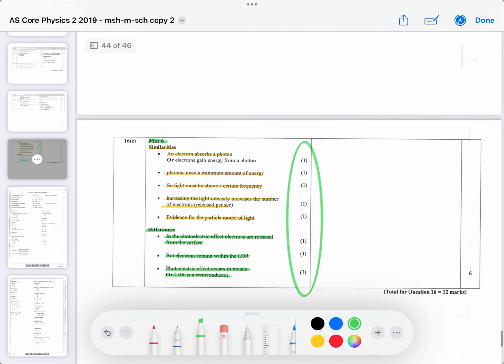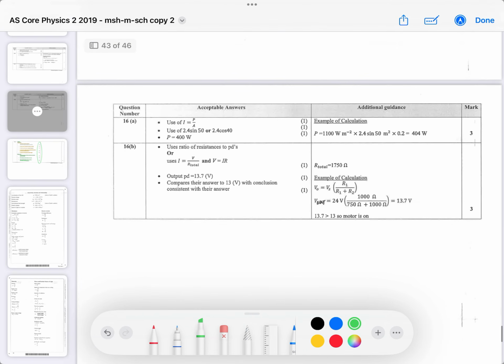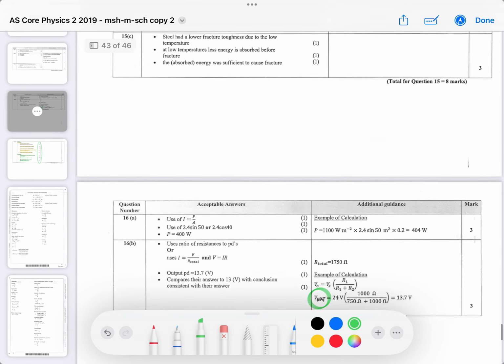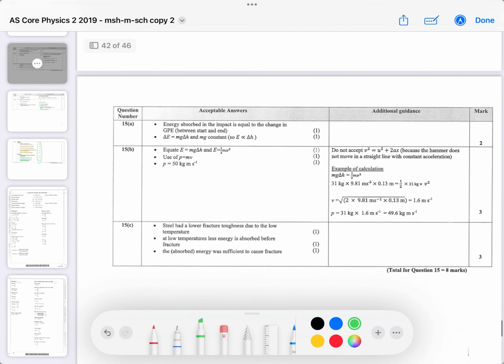I'm now going to go backwards through the first part of 16A and B, so you can pause the video and mark your own. I think there was a mistake here in the typo. I think I've corrected it. Hopefully you can read that. And then question 15 was the 8-mark question,